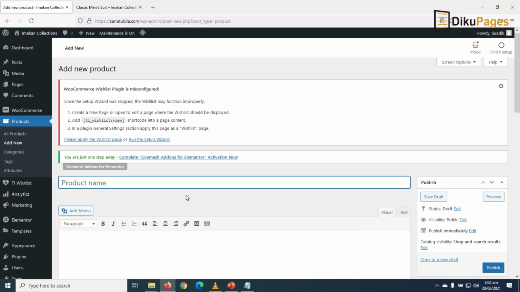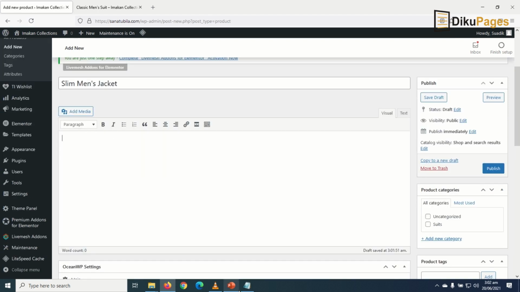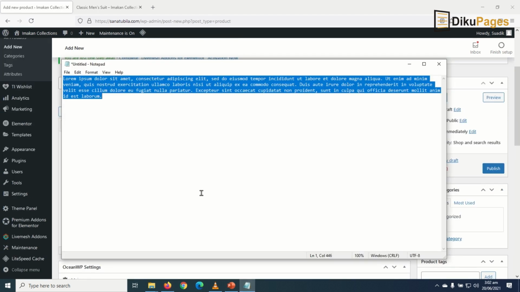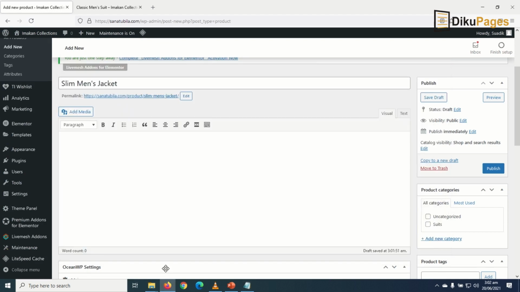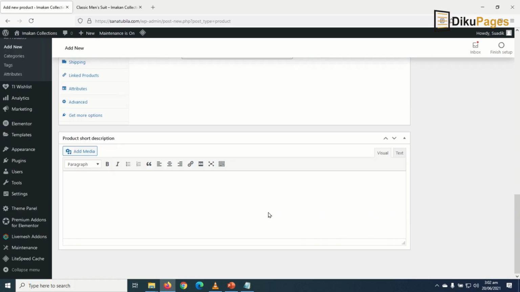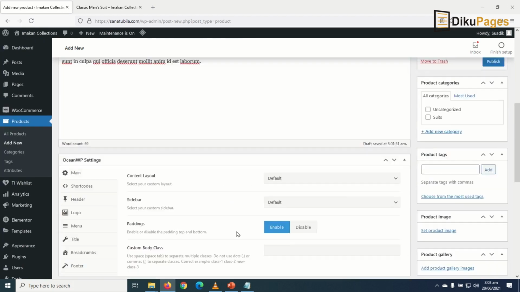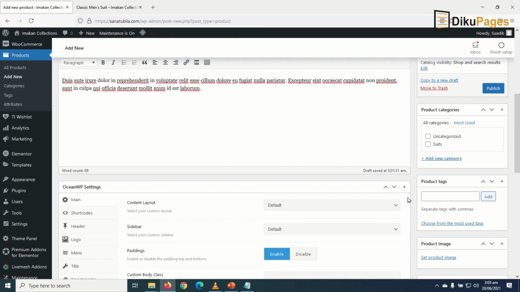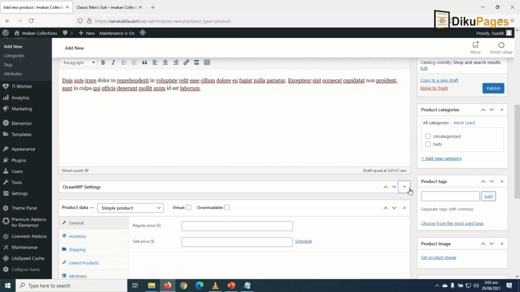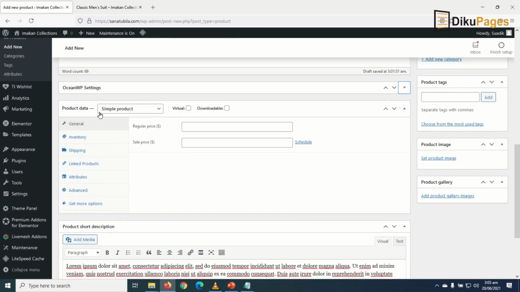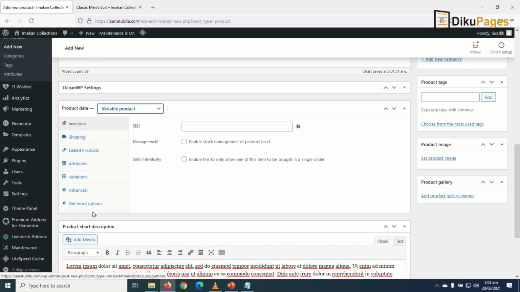In here I enter the product description. I'll go ahead and copy my dummy text, paste it in here, and I'll go down to product short description and paste it there as well. Now take note, under OceanWP, I don't do anything here, so I can decide to collapse it. Now under product data, I drop down the arrow under simple product and choose variable product. In here, you won't get the opportunity to set up prices until you set up your variations